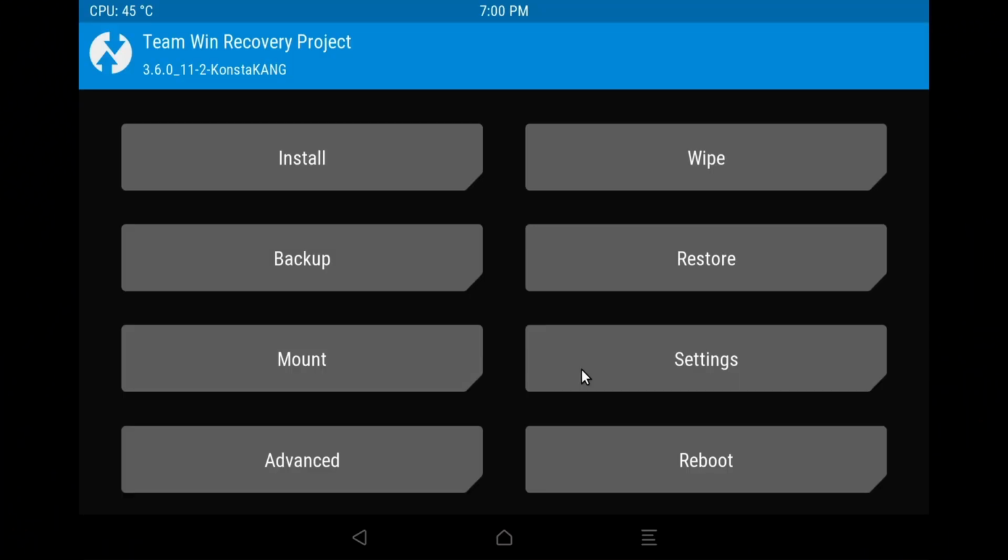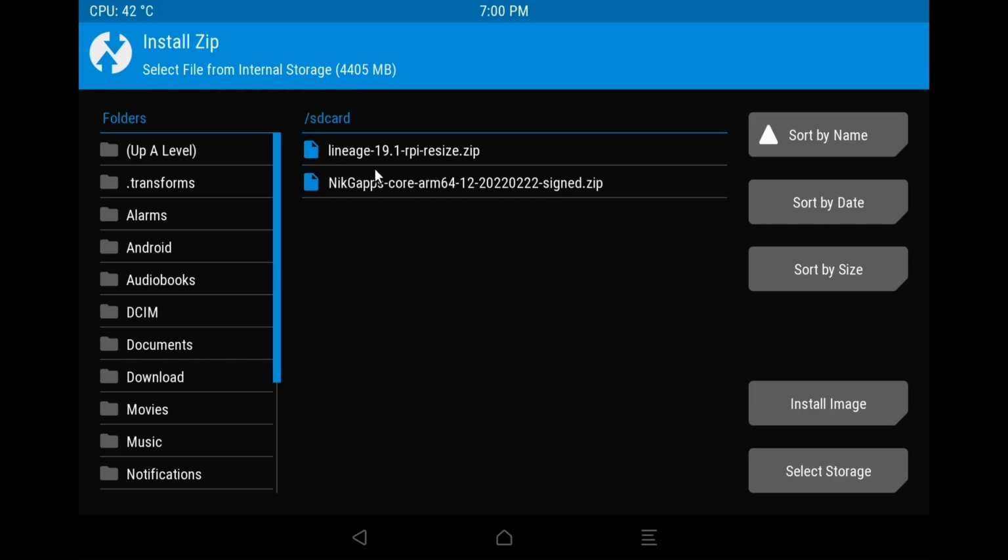Okay, so here we are in the recovery part of this version of Android, and be aware, the first time you do it, it may not boot straight into recovery. Like mine just booted straight back into the Android desktop rather than going to recovery, so I had to reboot it and do that thing that I did last time one more time, but now I am in the recovery environment. So first of all, we're going to want to hit install right here, click install,